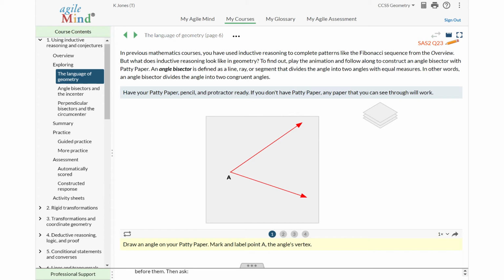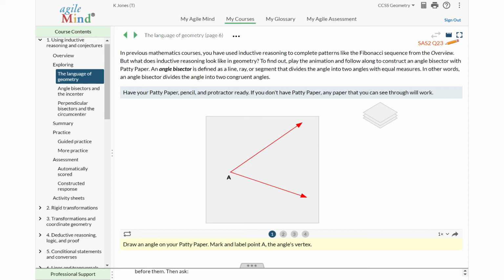So, in previous mathematics courses, you have used inductive reasoning to complete patterns like the Fibonacci sequence from the overview. But what does inductive reasoning look like in geometry? To find out, we're going to play the animation and follow along as they construct an angle bisector with patty